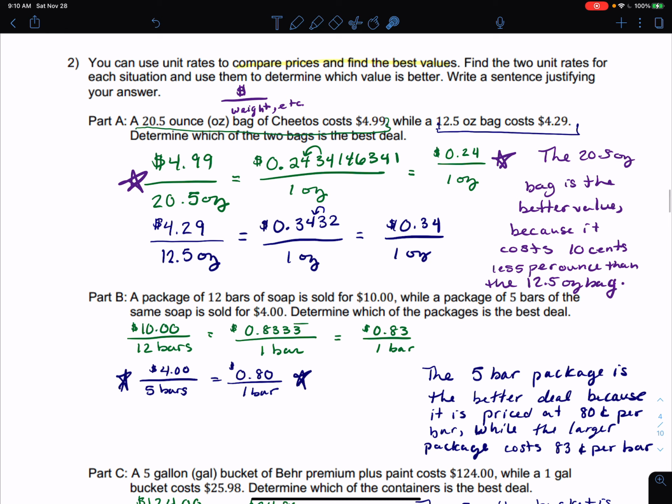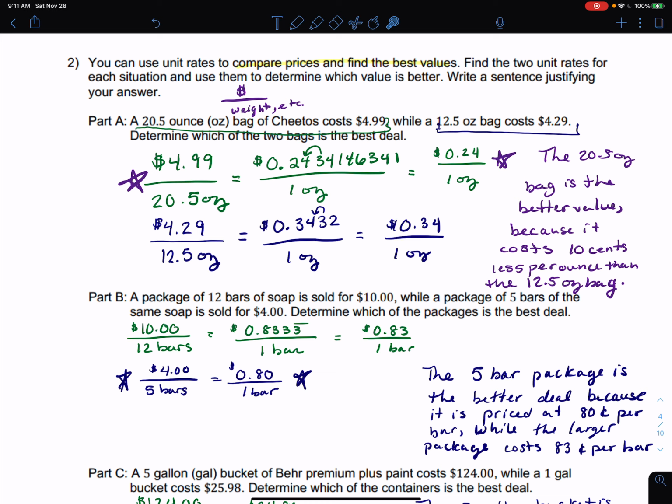So if we look at number 2, they tell us that we can use unit rates to compare prices and find the best values. So find the 2 unit rates for each situation and use them to determine which value is better. Write a sentence justifying your answer. So anytime we're trying to find a unit rate to compare a price, the money is always going to go up in the numerator, and then whatever units its cost is given in, or that thing we're buying is in, such as the weight or how many bars of soap we're getting, or whatever that item number is, that's what